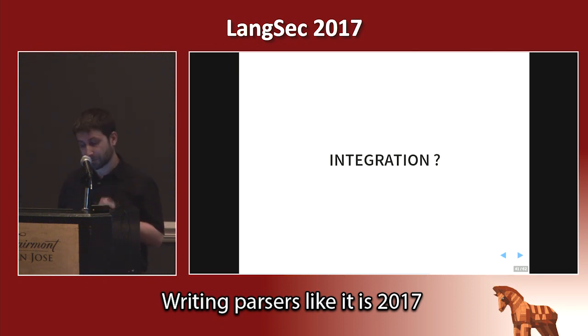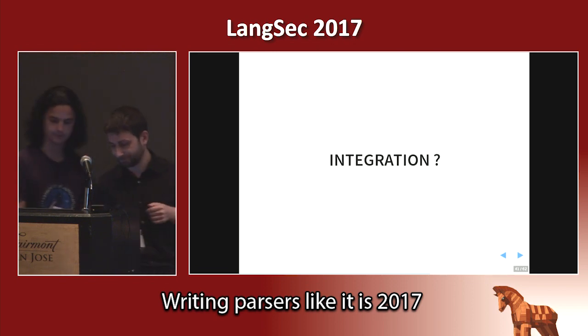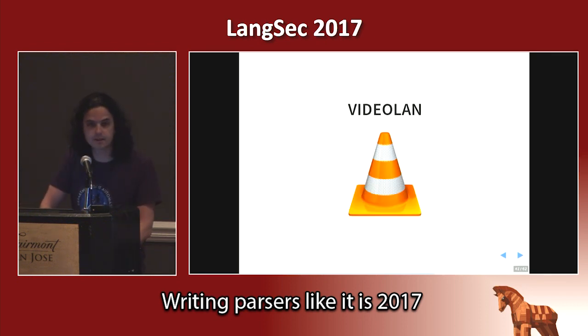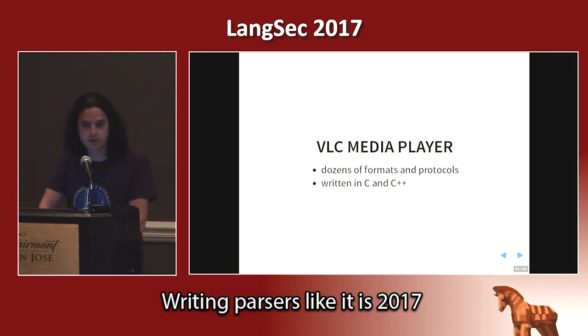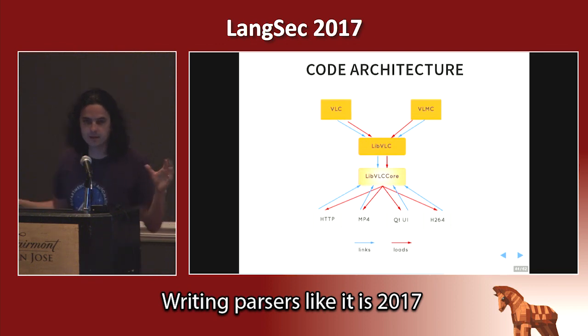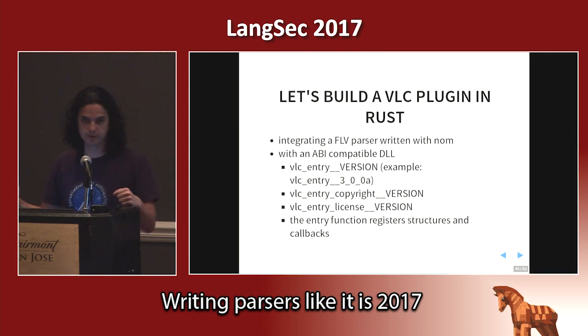And now that we have parsers, one problem is how do we integrate them into the main program? So I'll let Geoffroy describe that. So I'll take VLC as an example. So lots and lots of parsers in there. It's basically a core that's a big event loop, and then a few plugins that are each their own dynamic library. The idea was to write a dynamic library in Rust with exactly the same API, so it exports a few functions, registers functions and callbacks when talking to VLC, and then we just plug that inside the VLC folder